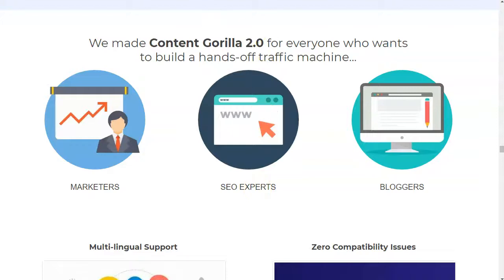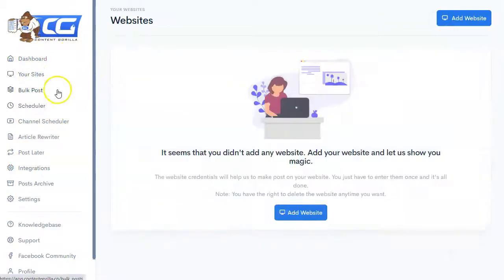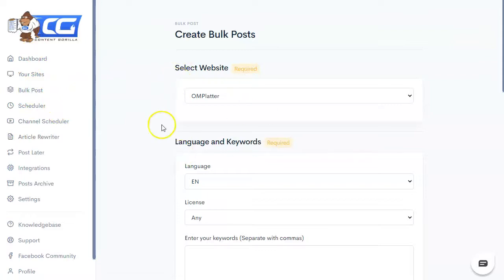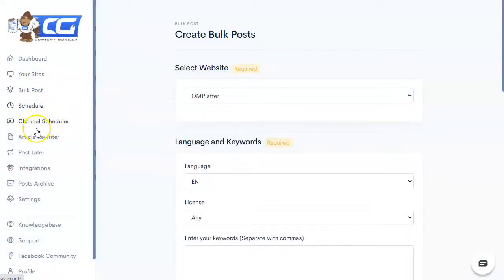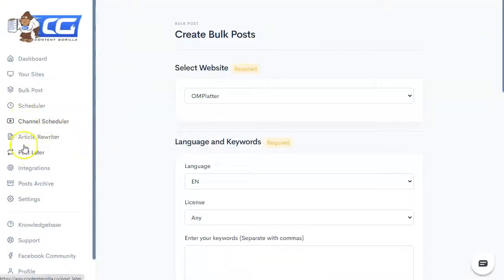Let's go ahead into the demo. Here we are in the dashboard, and we have different other items down the page here, and let's just look at this. So we have a dashboard. You can have websites. I think the front end comes, you're able to have maybe 10 websites of your own that you can send posts to. It has bulk post,